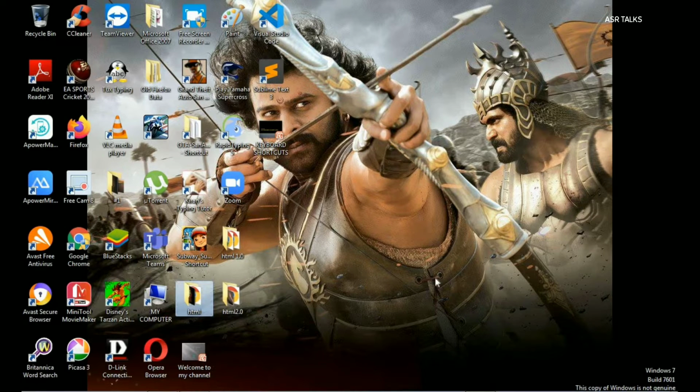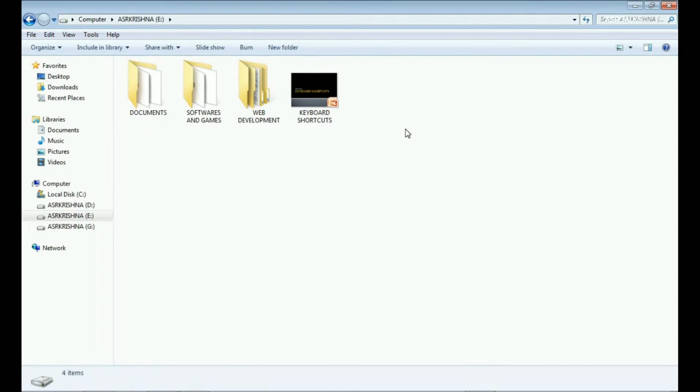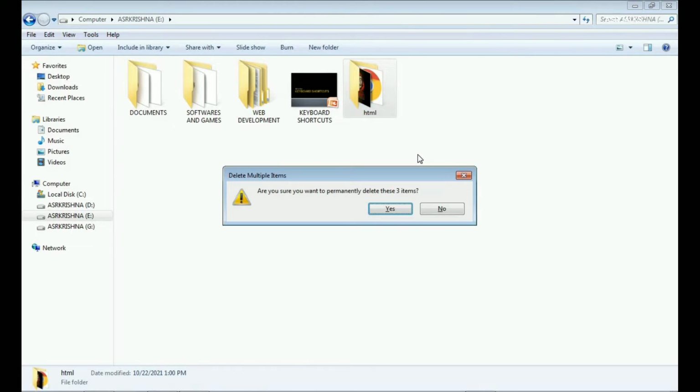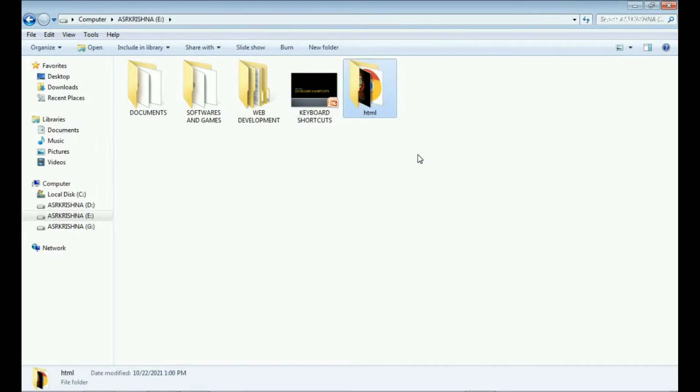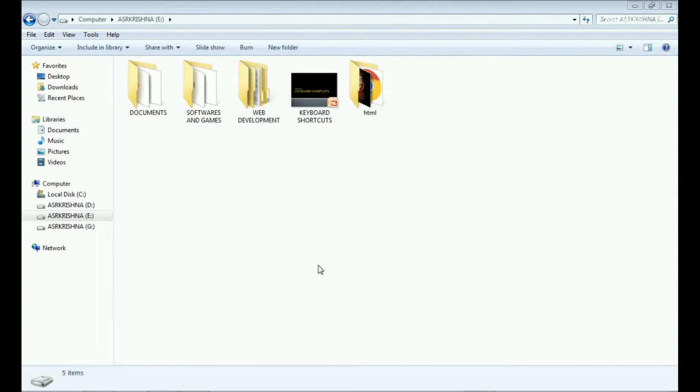And not only in this case, you can actually use this in undoing a copy or undoing a paste or undoing a cut function, etc. Like here I have pasted the HTML folder here and I don't want to copy here. Mistakenly I have copied. Then I can use Ctrl plus Z and you can see that it got deleted here. And after a while, I want to paste it again there. So I can use Ctrl plus Y to redo a function. See, it got pasted here again.